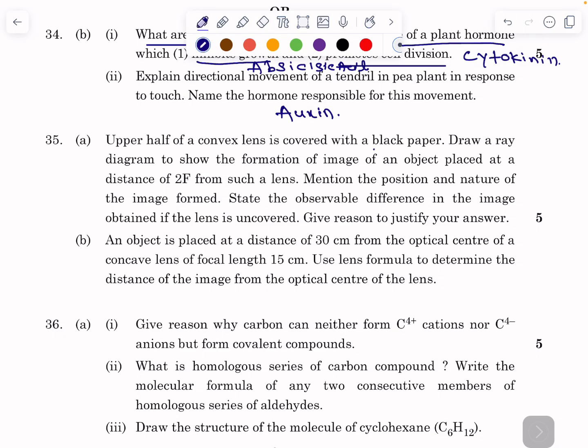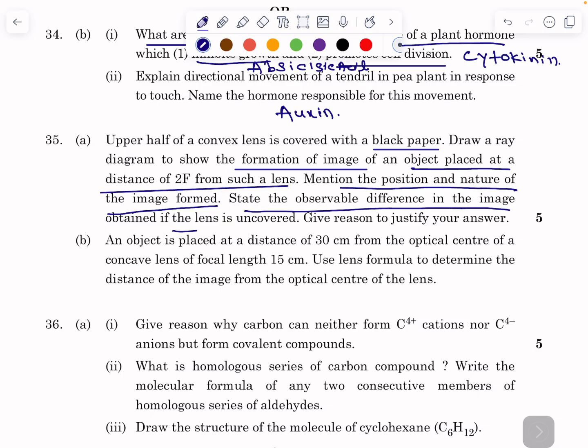The upper half of a convex lens is covered with black paper. Draw a ray diagram to show the formation of an image of an object placed at a distance of 2f from such a lens. Mention the position and nature of the image formed. State the observable differences in the image obtained if the lens is uncovered. Give a reason to justify your answer. Okay, the answer is,